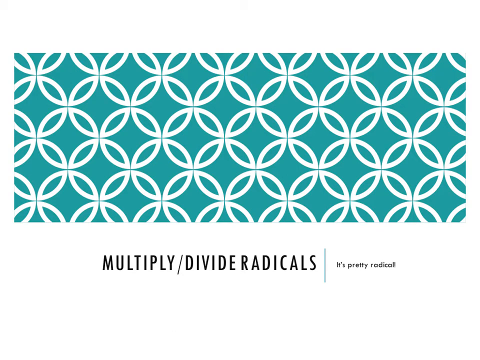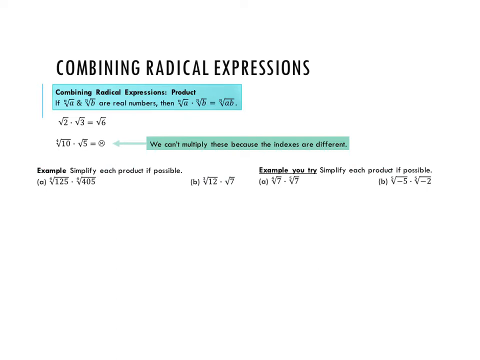Today you will multiply and divide radical expressions. If you have the nth root of a and the nth root of b, and these are real numbers, then the nth root of a times the nth root of b is the nth root of a times b. So if we look at our example there, the square root of 2 times the square root of 3, because they have the same root, they're both square root, we can do 2 times 3 and say the square root